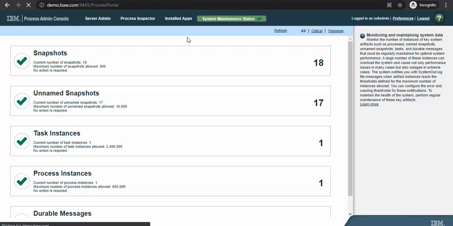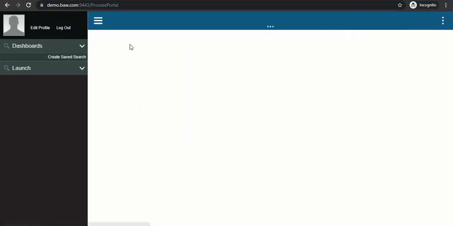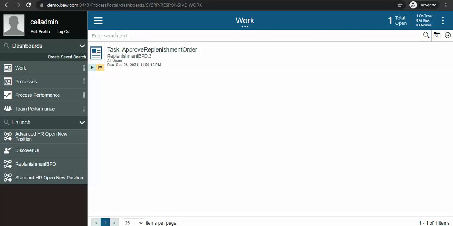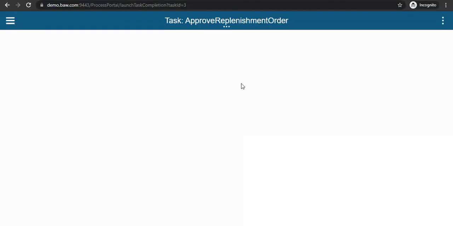Now let's open process portal. So we have this task which we started earlier, and we can claim the tasks.